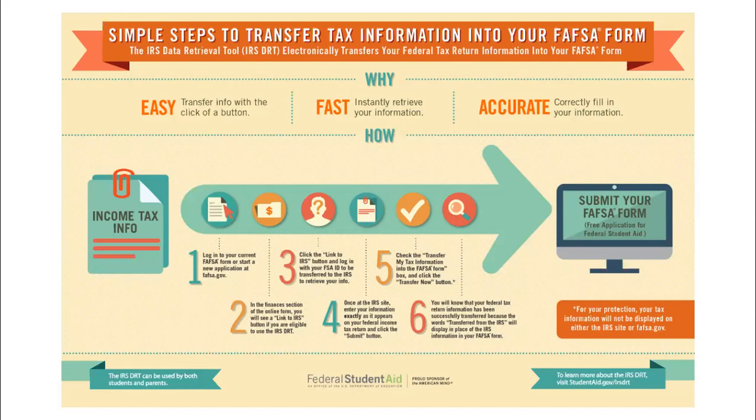But if you're continuing to have trouble using this tool, call me on Leela's FAFSA helpline. I have a couple of tips to share with you. Now, this is your choice to transfer your information, but I will tell you, if you choose not to use this tool, your colleges are going to ask you to go to the IRS website, request a tax transcript that they can use to verify your manually entered